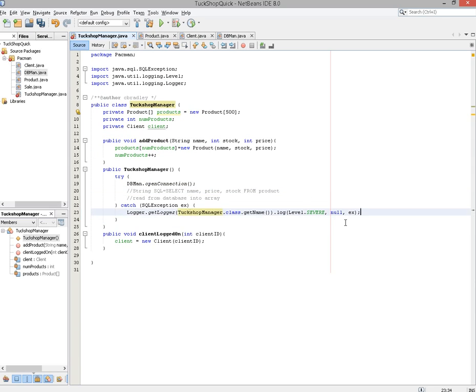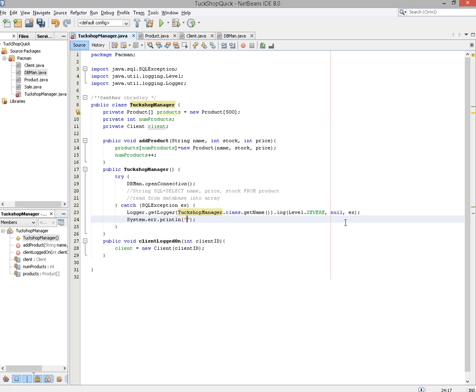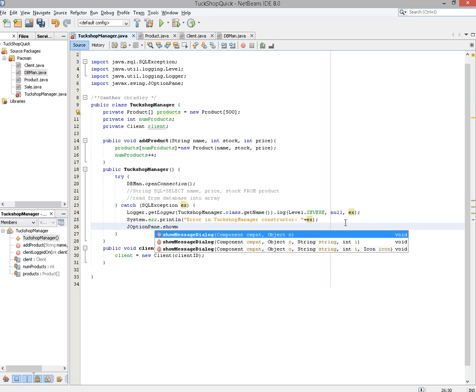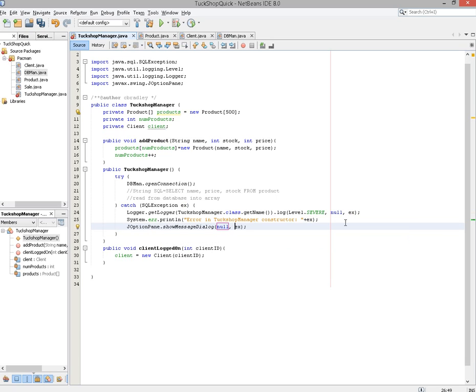I'm going to surround the whole block with try catch. Very important that you do always display the error message. I would suggest you do two. You display one error to the programmer, which would contain maybe more detail that only a programmer would understand, and you would always print out the actual error message. If you don't print out the error message, you won't actually understand where it's happening or why it's happening. And I would also suggest giving the user some form of error message. You could actually throw this again and handle it later, but I'm just going to handle it directly here,